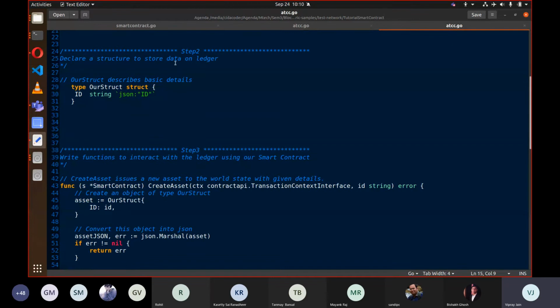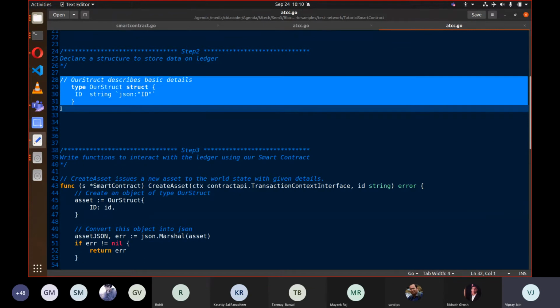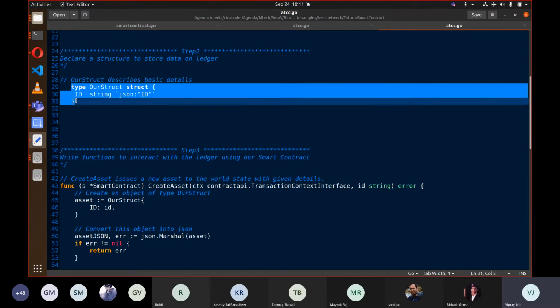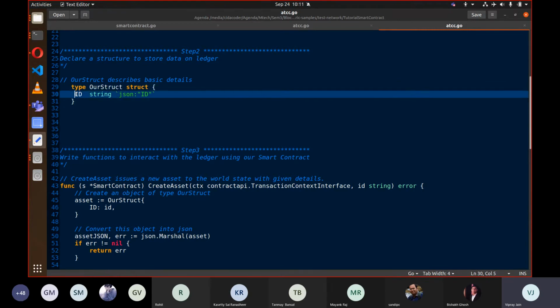Then in step 2, we will construct a ledger structure which will contain all the data which we want to insert in our ledger. Here I have shown a simple structure. It has only one field, string ID.